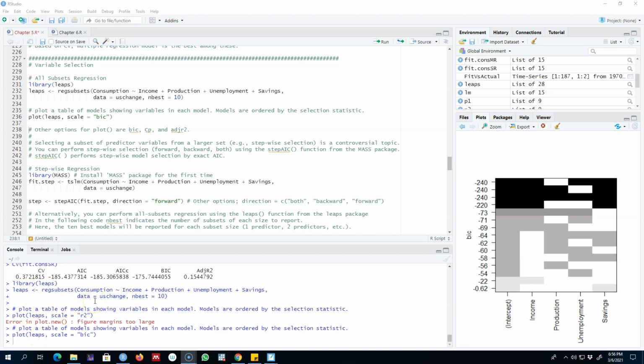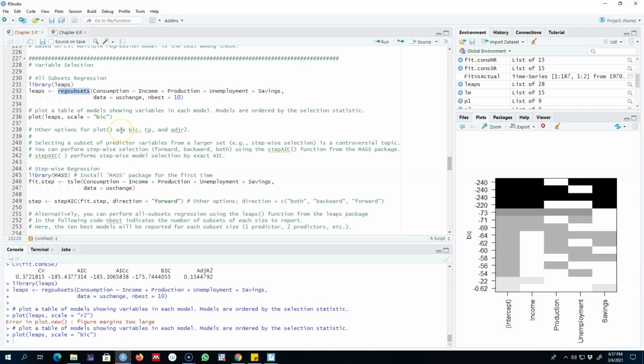In this video I'm going to show you examples of subset selection models, and I'm going to start with regressing all possible combinations of models. As I said in my previous video, sometimes it may be possible to regress all possible combinations of regression equations. For example, in the example that I showed you earlier, with consumption as a dependent variable, we had 4 potential predictors. So we can run all possible combinations of models, and we're going to report the 10 best models among them.